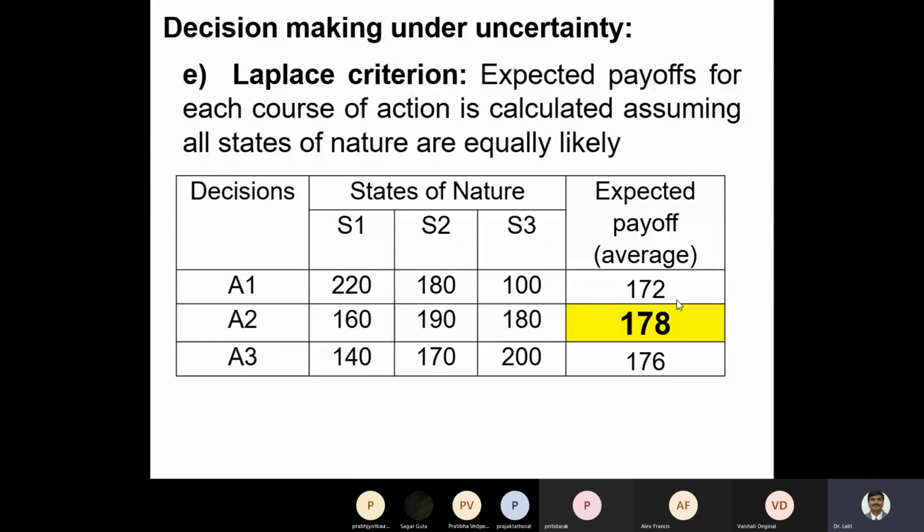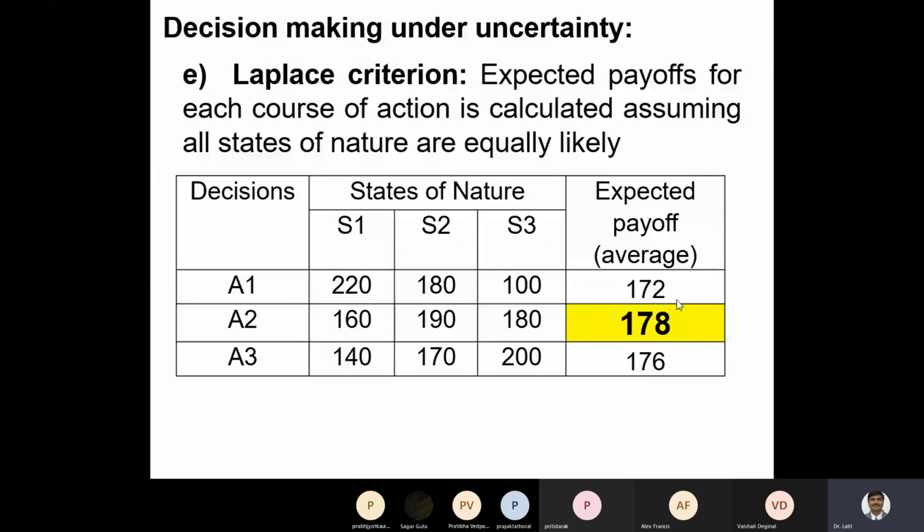See, the third situation is decision making under risk. In decision making under risk, with the help of past experience, the decision maker is able to assign some probability values to the outcomes or different states of nature. But in uncertainty, the decision maker is not able to assign probabilities to the states of nature.